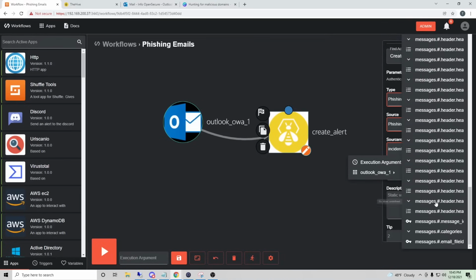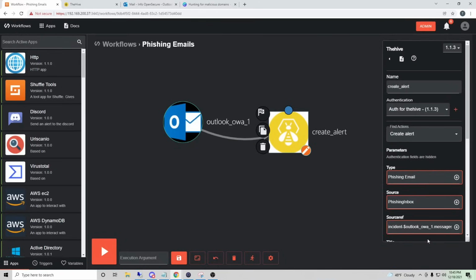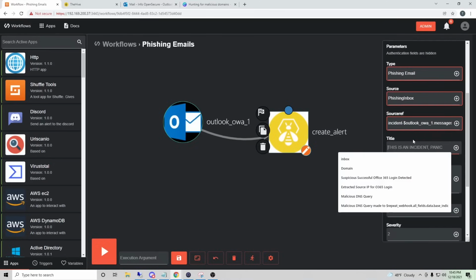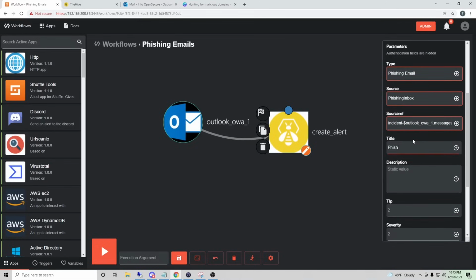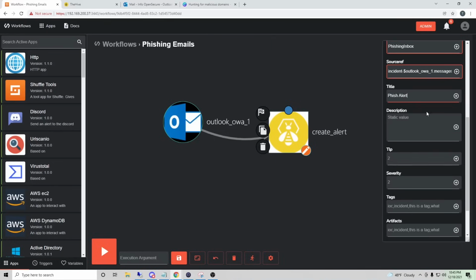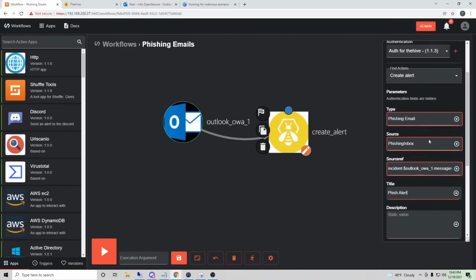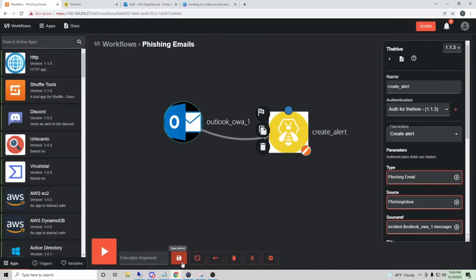And if I scroll down to the bottom here to autocomplete, you'll see our email file ID, and you'll see the value that's associated with it there on the left. So I'll go ahead and select that. Title, I'll just say fish alert, and I'll leave the description and stuff blank for now. So let's go ahead and save that,